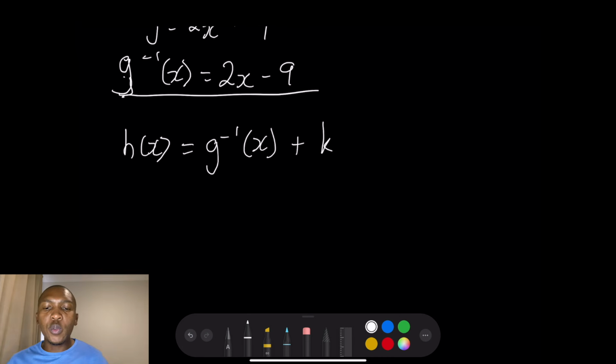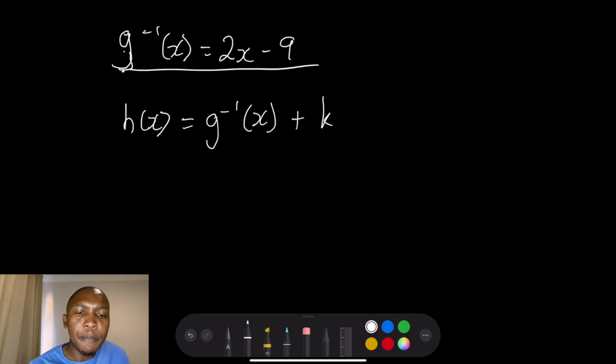That means we are going to have to find where the graph of f of x has a gradient of 2, because the gradient of the inverse